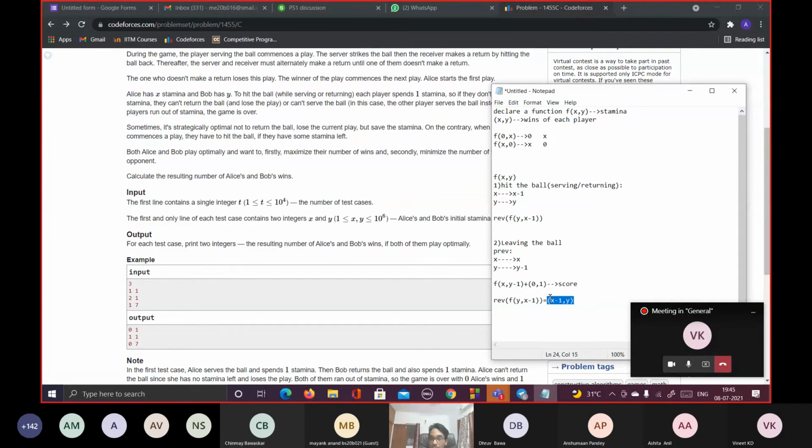So this is one outcome of this function, and the other outcome is f of x comma y minus 1 plus 0 comma 1, which represents, if you add them up, x comma y minus 1 plus 0 comma 1. So it basically becomes x comma y. So these are the two outcomes for a particular move.